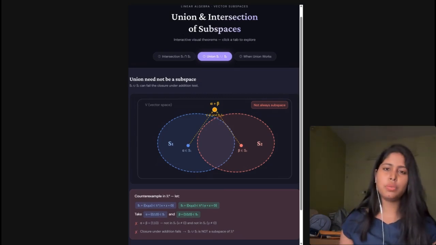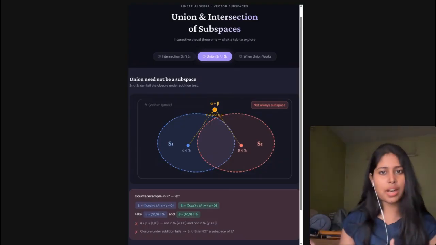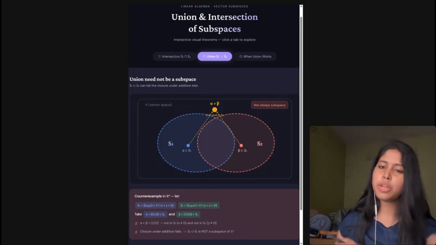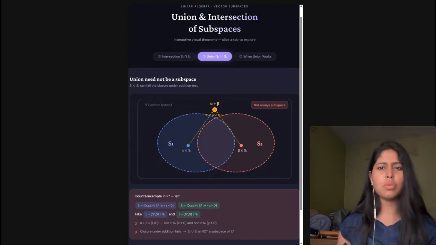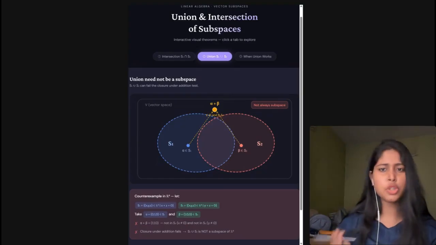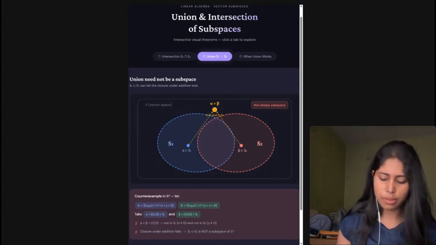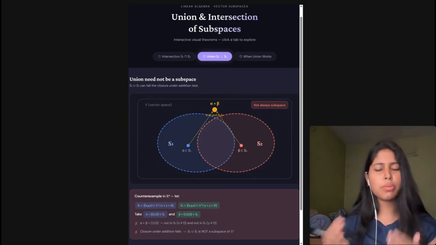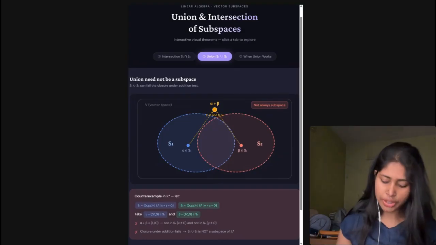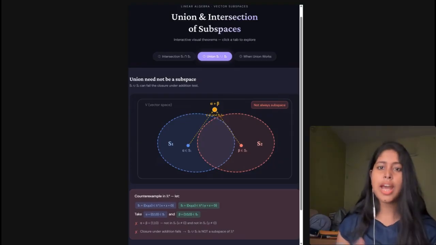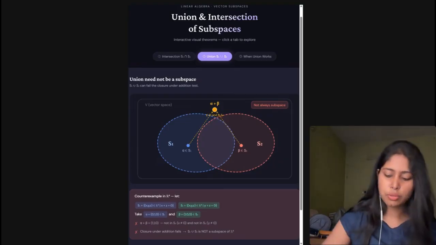Now, if we take alpha, which will be (0, 1, 0), because x and z are 0, right? So y is not 0. We'll consider alpha to be (0, 1, 0), which belongs to S1. And we'll take beta to be (1, 0, 0), because y and z are 0, which belongs to S2. Now, if we do alpha plus beta, what do you get? (1, 1, 0), which belongs neither to S1 nor to S2, right? So S1 union S2 is not a subspace, and that is why there's a special theorem.